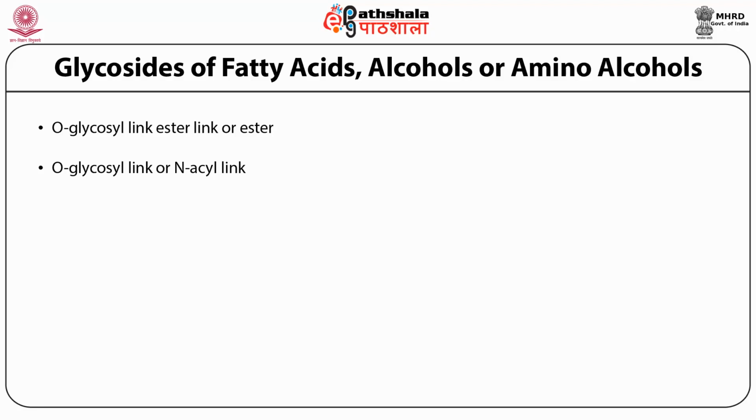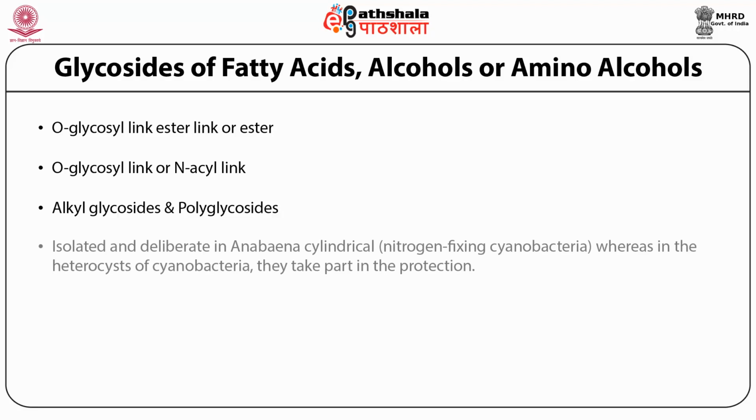The glycosyl phosphopolyprenols are implicated in numerous reactions, initiating glycosylation of protein. In this subcategory, there are alkyl glycosides and polyglycosides present. Alkyl glycosides were isolated and deliberated in Anabaena cylindrica,